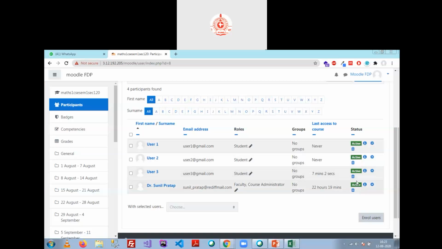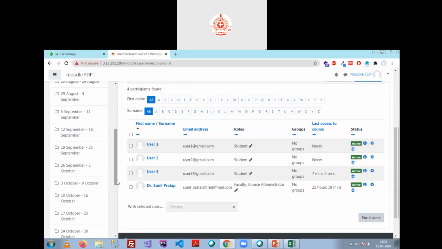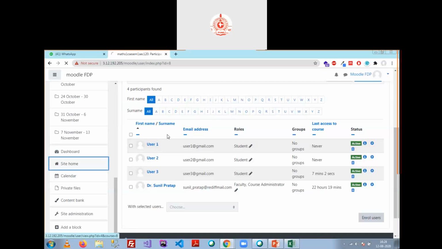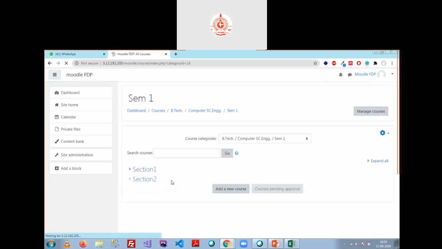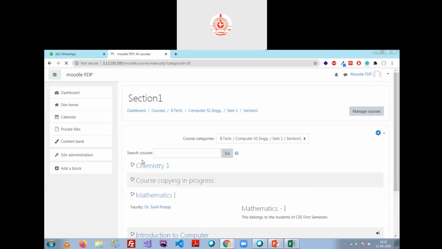Once you go through your hands-on, you will find that it is not so complex. It is easy. Just remember one thing: you have to navigate till the course. This is the symbol of the course, these three dots.